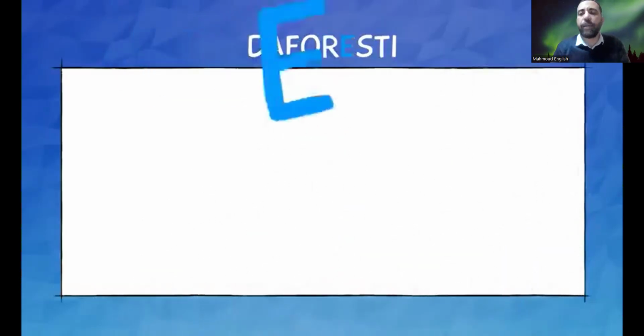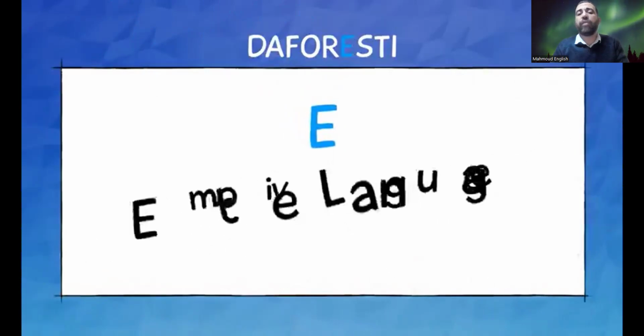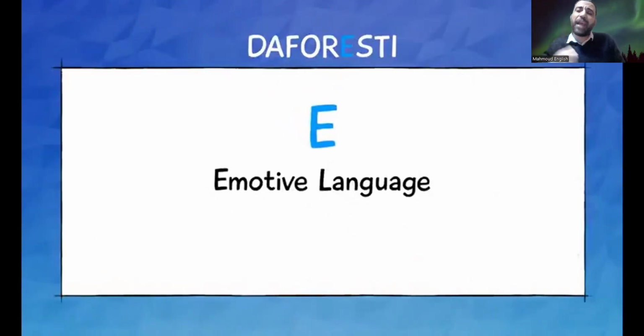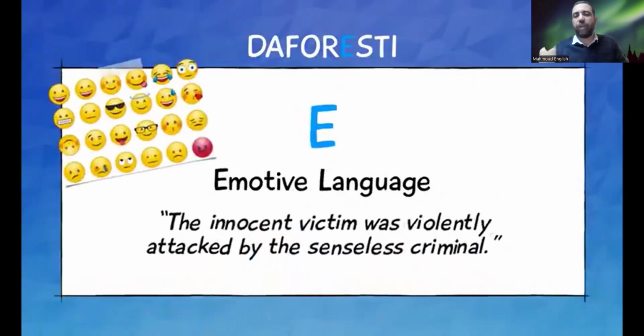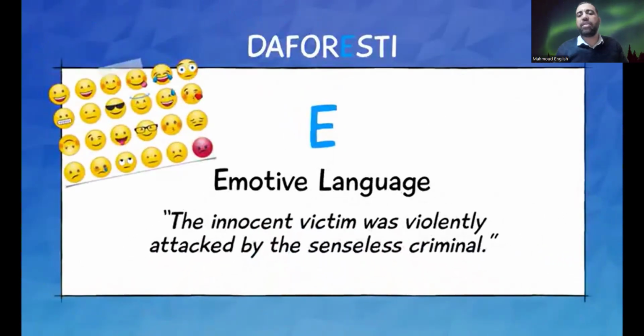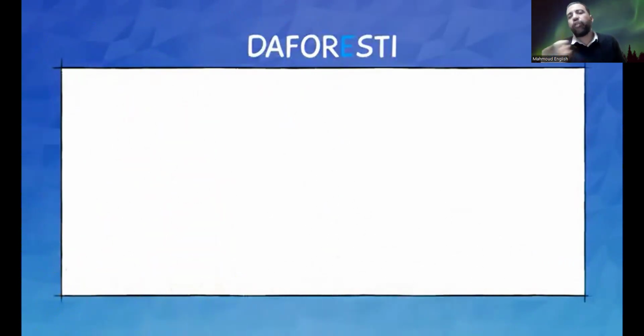And then we have E. What's E for? E for emotive language. What does it mean? It plays on the emotion to make someone excited or feeling happy or feeling sad. For example, the innocent victim was violently attacked by a senseless criminal. So I made him feel that the victim was innocent and the man who killed him was cruel, and so on. So I have the emotion of the reader to feel moved by